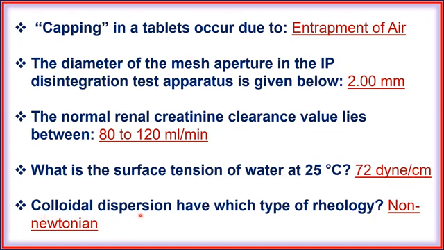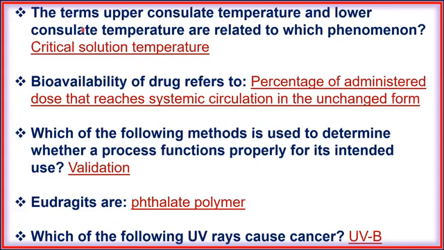Next, colloidal dispersion have which type of rheology? Non-Newtonian. Next, the terms upper consolute temperature and lower consolute temperature are related to which phenomenon? Critical solution temperature. Next, bioavailability of drug referred to percentage of administered dose that reaches systemic circulation in the unchanged